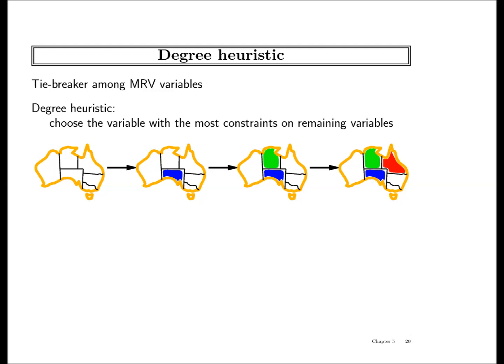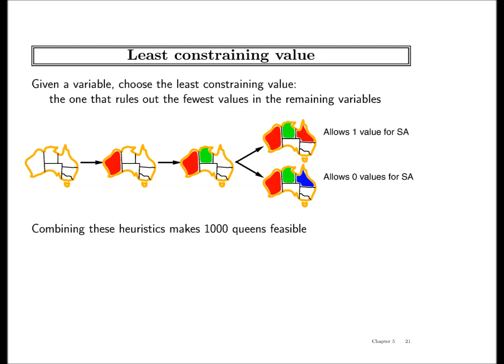So dead on. Intuitively, we want the nicest value to start with, because the nicest value is most likely going to give us a solution. What does nice mean? Nice means that as soon as we add that value, it doesn't affect the remaining variables too badly. To operationalize this, we will say that it's the one that rules out the fewest values in the remaining variables.